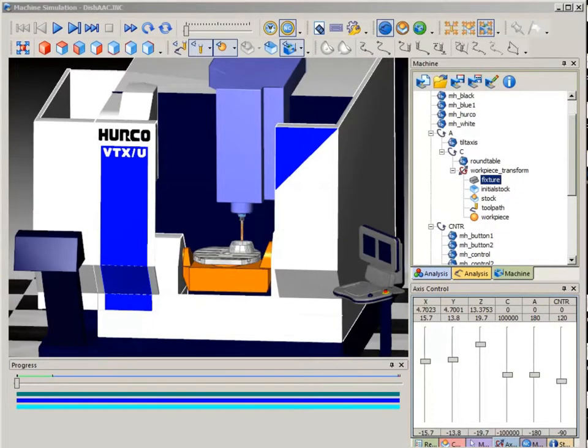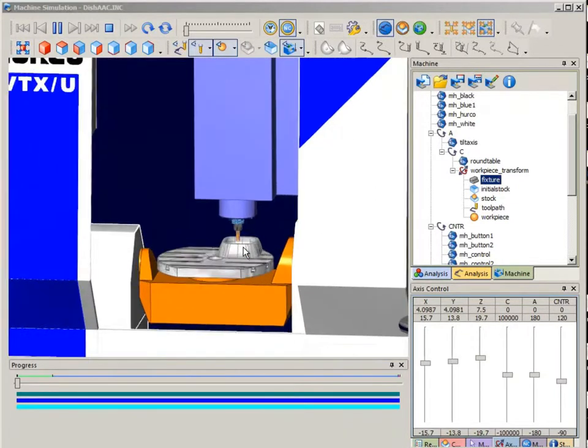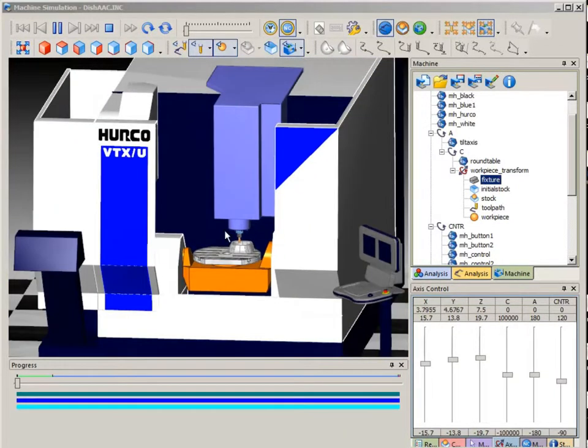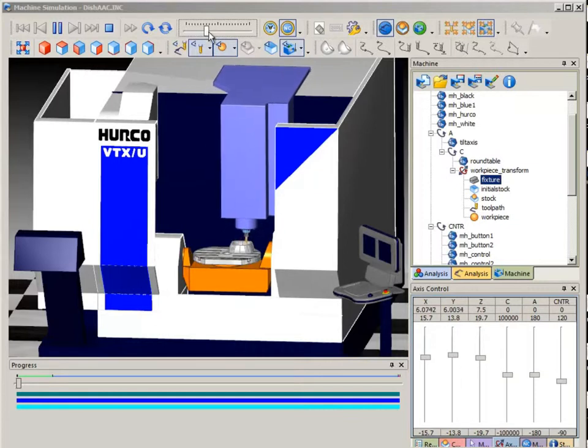SURFCAM machine simulation also has special features for simulation. Select the play button or run. The simulation will begin to simulate the current loaded toolpath. You can control the speed of the simulation by taking the slider and advancing it, which will cause the simulation